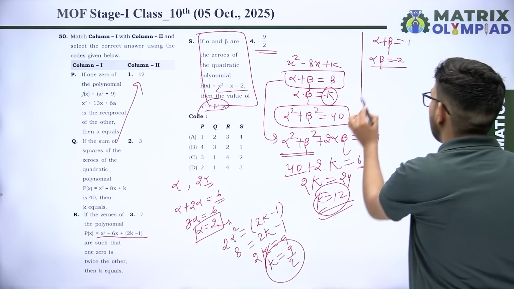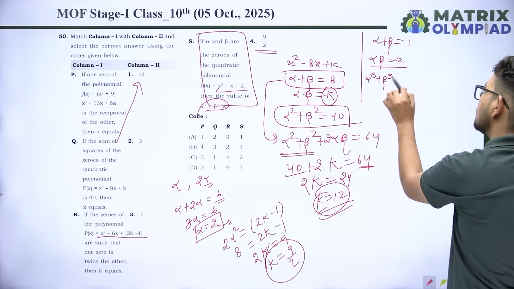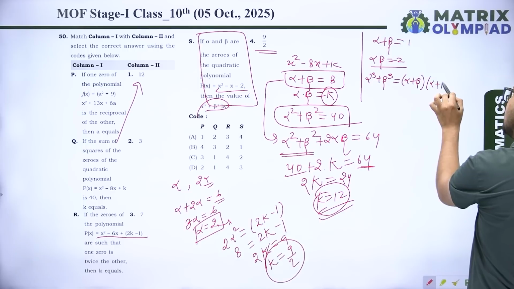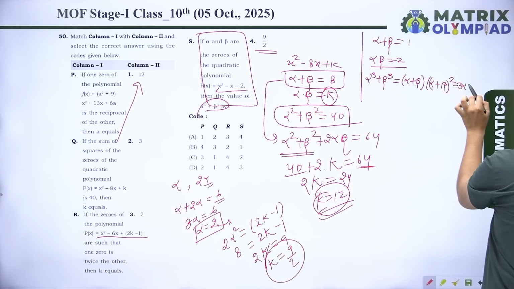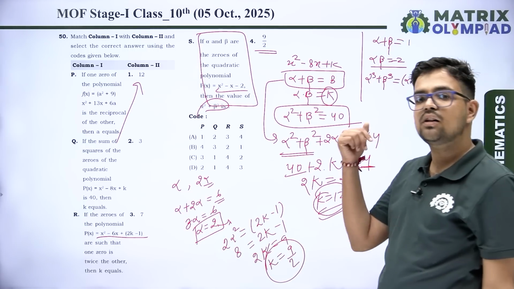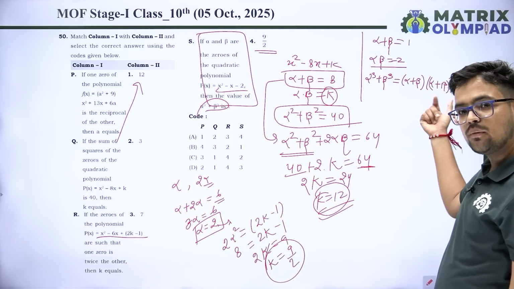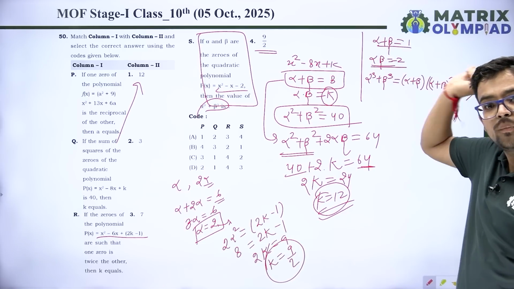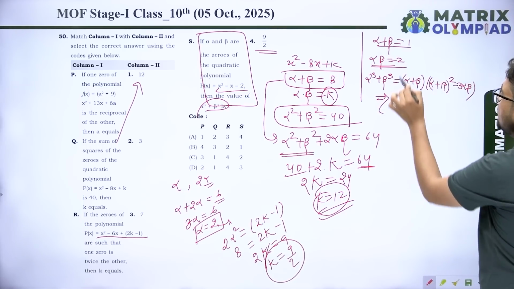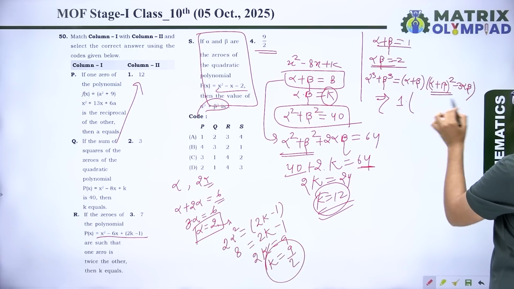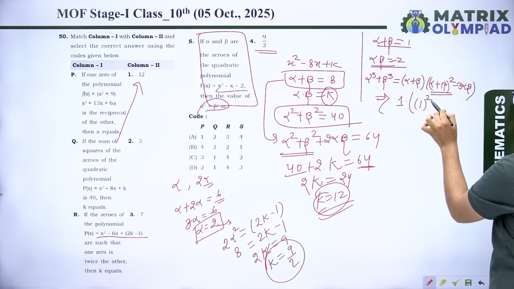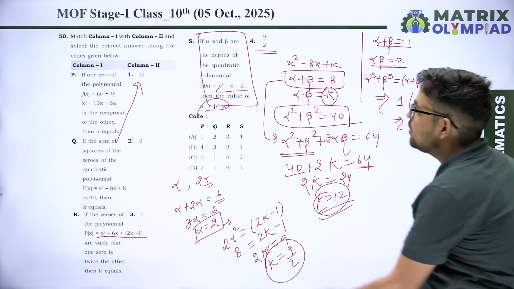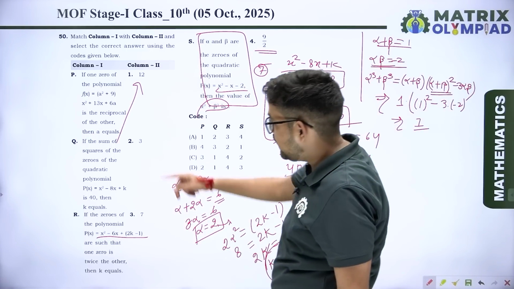अब अल्फा क्यूब प्लस बीटा क्यूब पूछा है, तो इसका फॉर्मूला होता है a क्यूब प्लस b क्यूब, ये होता है (अल्फा प्लस बीटा) इंटू (अल्फा प्लस बीटा का होल स्क्वायर माइनस 3 अल्फा बीटा)। वैसे अल्फा स्क्वायर प्लस बीटा स्क्वायर माइनस अल्फा बीटा होता है, लेकिन अपन ने अल्फा स्क्वायर प्लस बीटा स्क्वायर को अल्फा प्लस बीटा का होल स्क्वायर माइनस 2 अल्फा बीटा से रिप्लेस कर दिया ताकि ये अल्फा प्लस बीटा और अल्फा डॉट बीटा दो में ही रहे। फिर अल्फा प्लस बीटा की वैल्यू 1 होगी और 1 का स्क्वायर माइनस 3 अल्फा डॉट बीटा की वैल्यू -2। तो यहां से सोल्व करेंगे तो इसका आएगा 7।